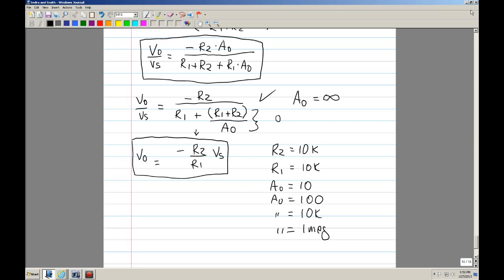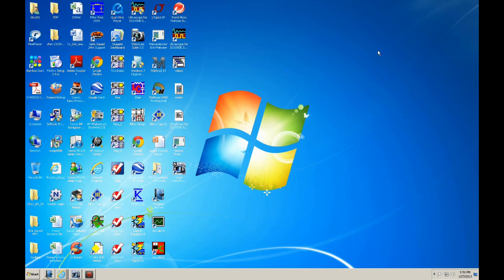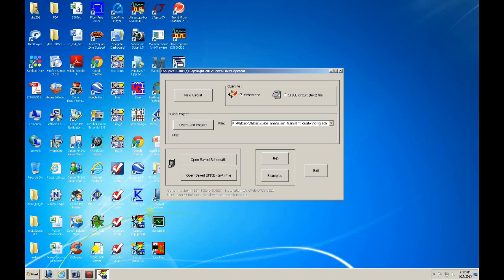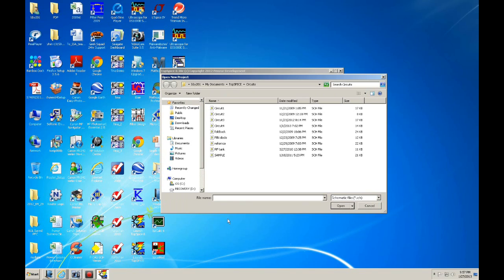Okay, so what we can do is use Top Spice. Top Spice is the simulator that I use. You can actually download the demo and run these simulations. And I'll put the EE3313